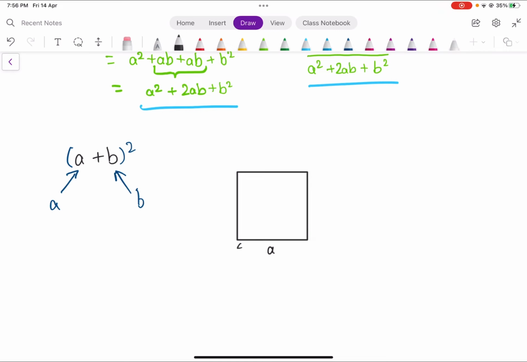From here to here, and from here to here, this is all A. Now, if I added B over here,